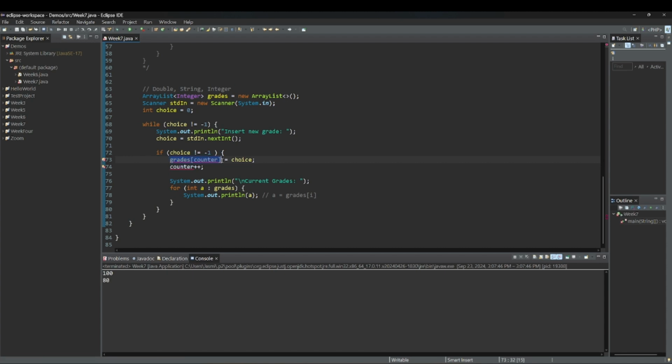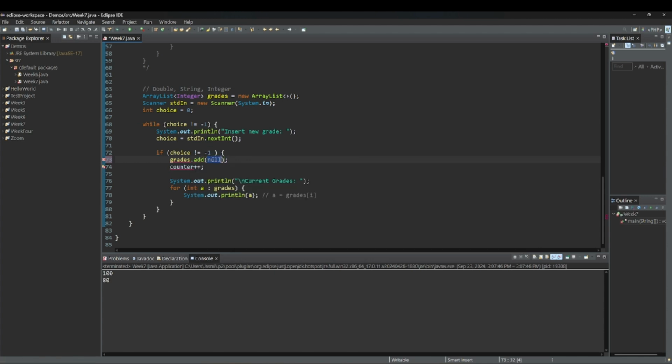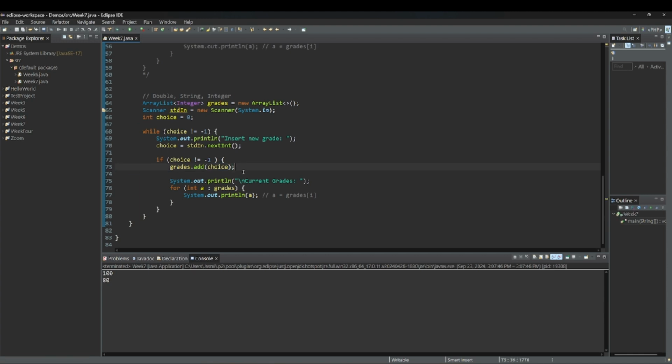Instead of indicating the box and adding choice, we're going to say dot add and then put choice in parentheses, where you don't need to update the counter. There we go. So now if I run this,